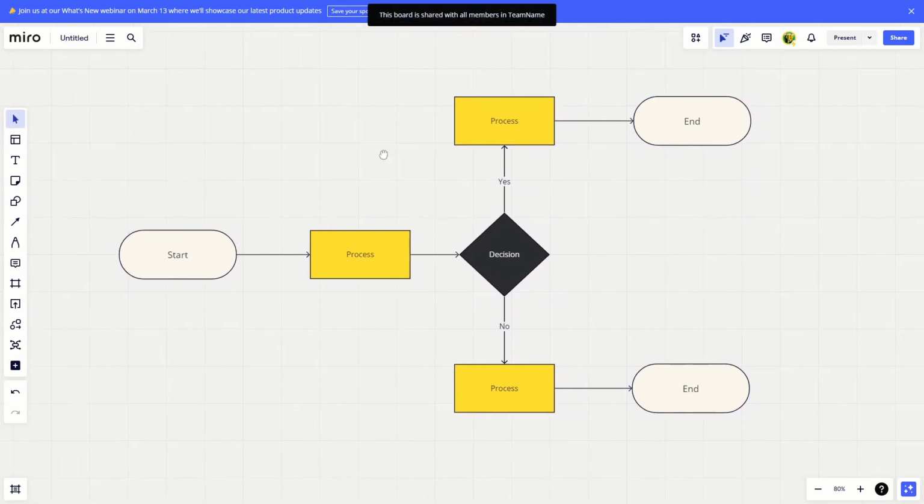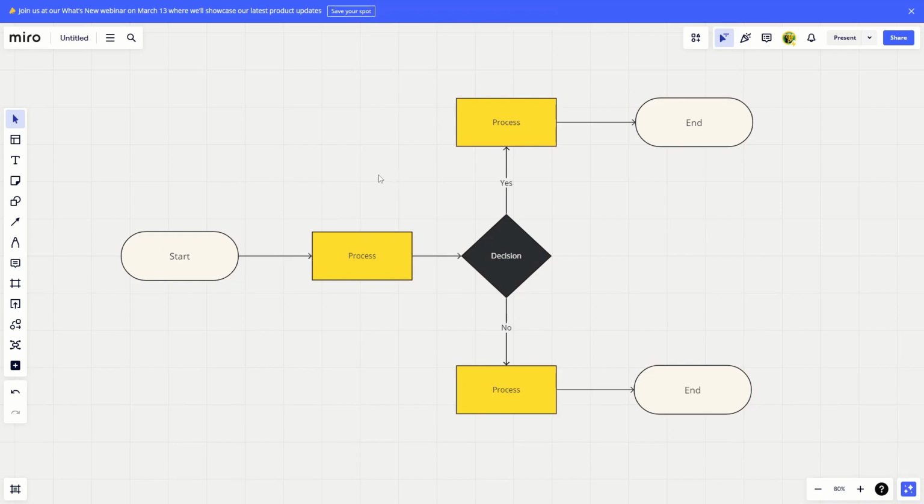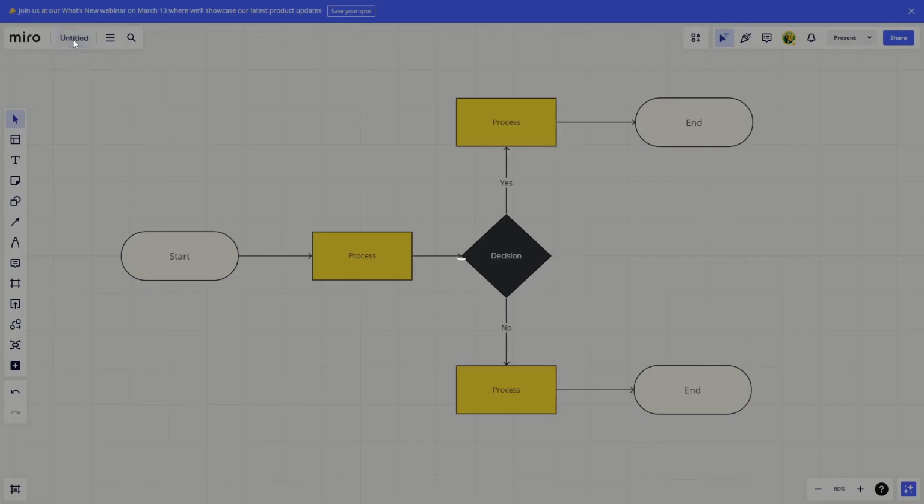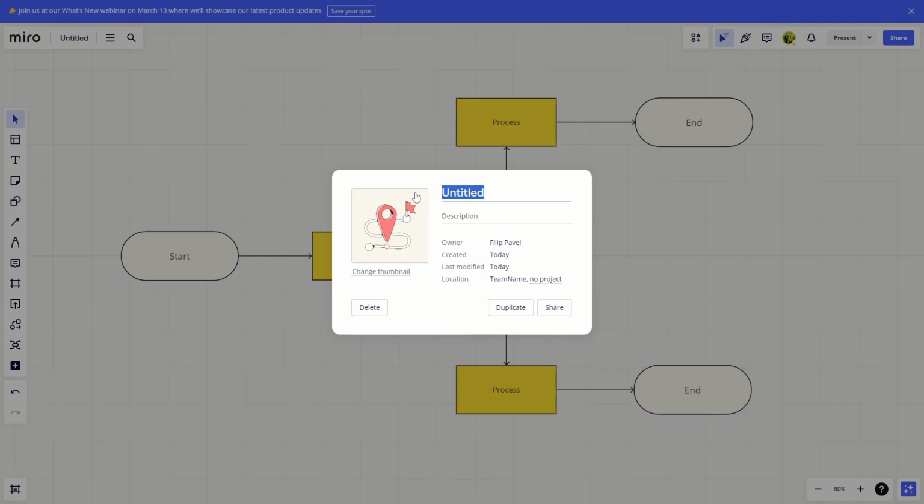So now we are in our Miro board. How do we continue from here? So first I want to show you various settings in the board view. So here when we click here, we can go back to our main boards, to our dashboard. Here we can edit the board settings. So we can call this board #1. We can give this a description